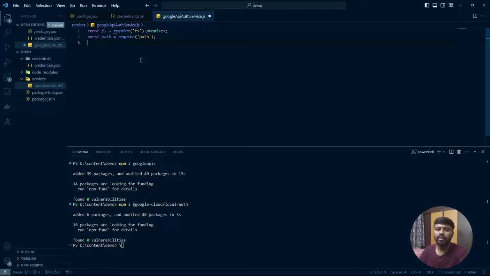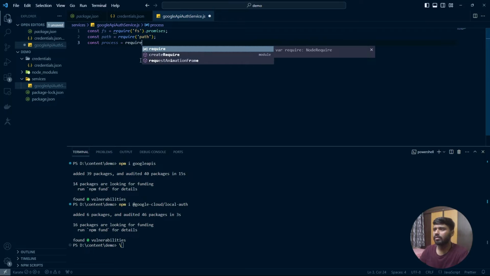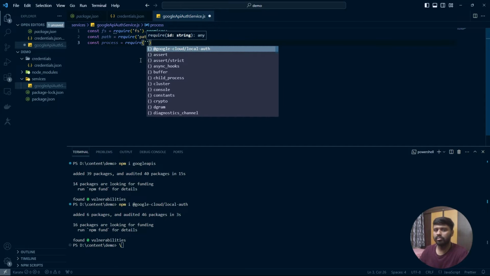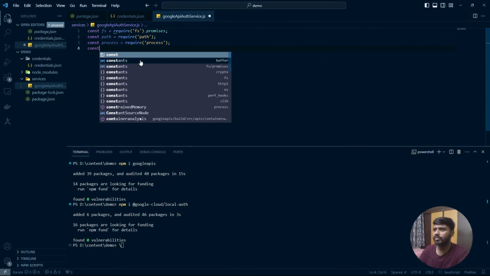Third thing that we may require is const process, because we are going to handle, or call, a couple of files, so that's the reason. It is also a native one, so process, and then we require the specific